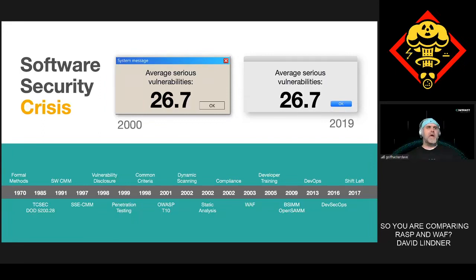It started way back with some of the formal methods, and then you start talking about the OWASP Top 10 coming out. Those of us in AppSec have heard about the Top 10 for years and years. It kind of started out as a, hey, you might want to think about these things, to now it's in standards bodies, like PCI and NIST 800-53, where it may not have been meant to be. But we've tried to do all these things over the years to really help drive security expertise